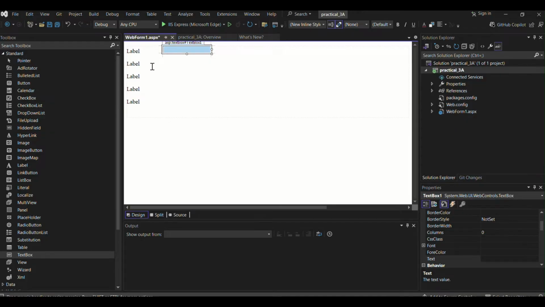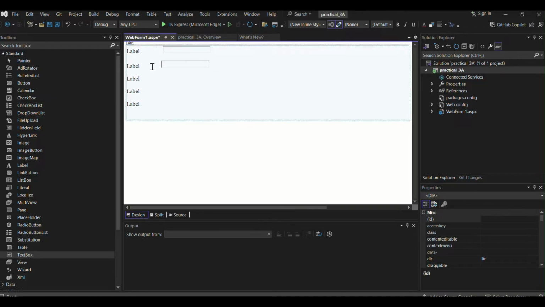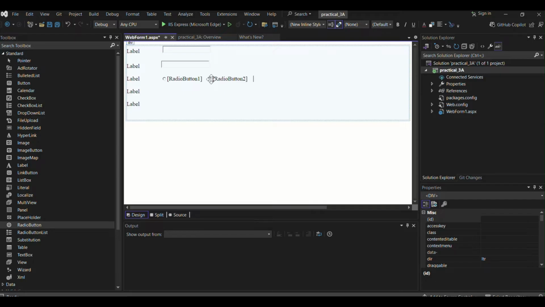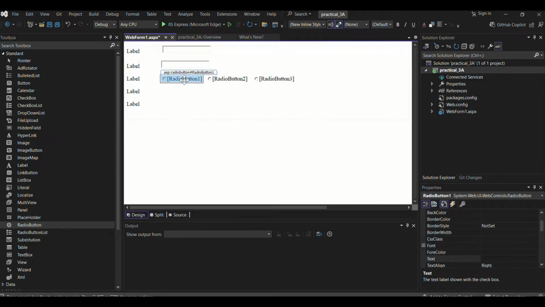After that we want radio buttons. We have two options, radio button list and radio button, but using the radio button list it will display our radio buttons vertically, but we want them horizontally. For that we take separate radio buttons here. After taking this radio button we will change its text as FY. Then change the second radio button text